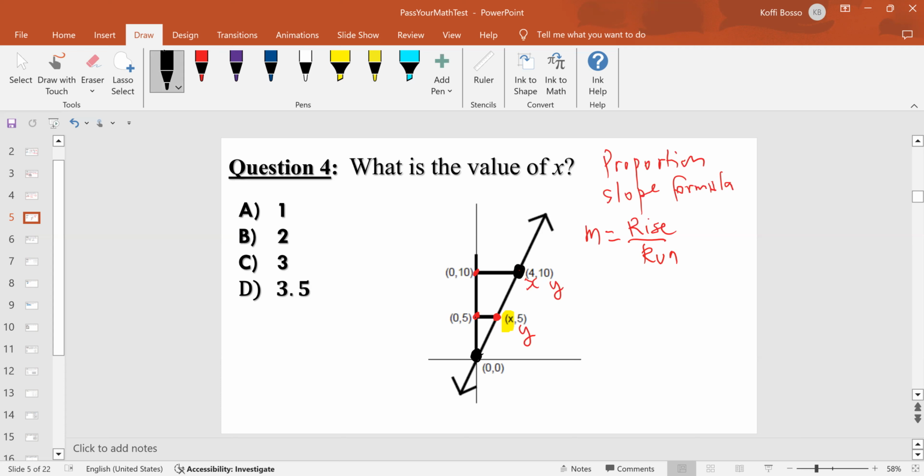I need to move vertically first, like I did before. Vertically, we move 10 units, so it has to be positive 10. And horizontally, you move 4 units, which is the x value for this one. So you have positive 10 divided by positive 4. Now, let's use the same rise over run